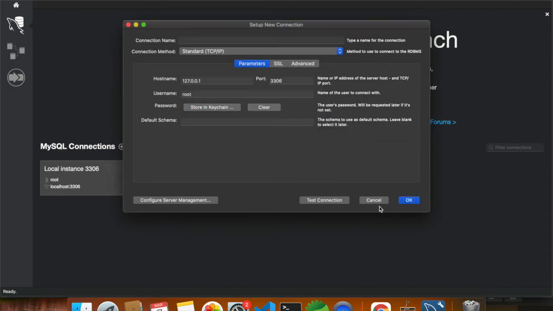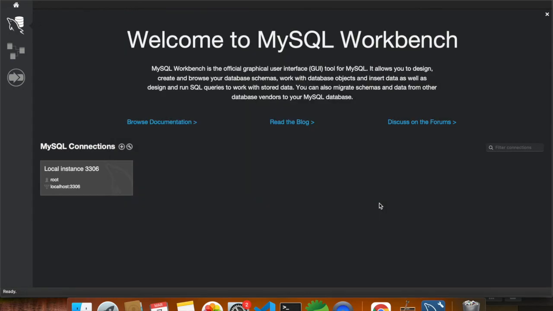Once you have filled these details, you can click on test connection and it will give the result if it connected correctly or it is not connected. If it connected correctly, you can click on OK and it will take you to that portal from where you can access your database. As I've done this earlier, so let me close it and click on this.